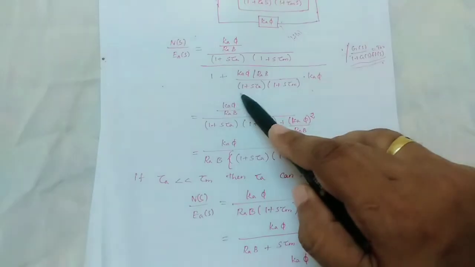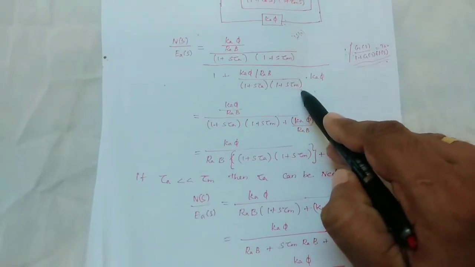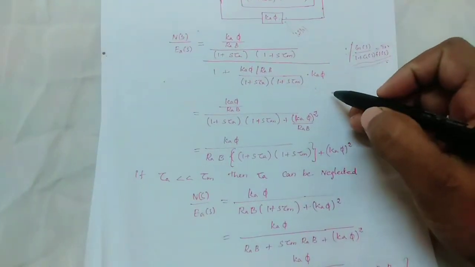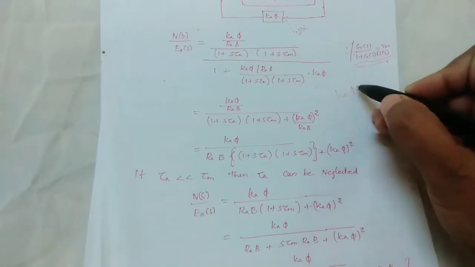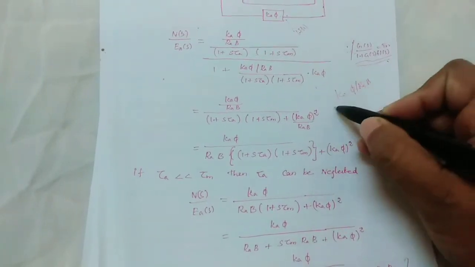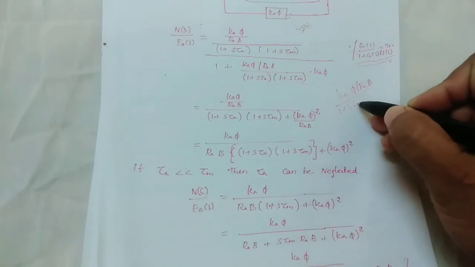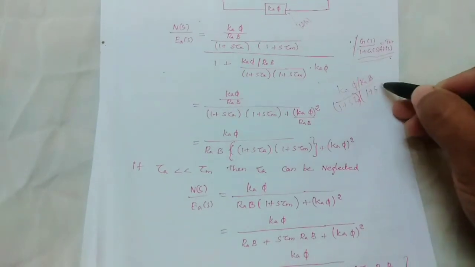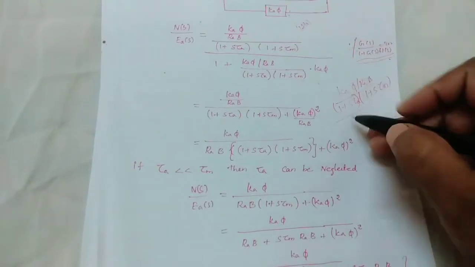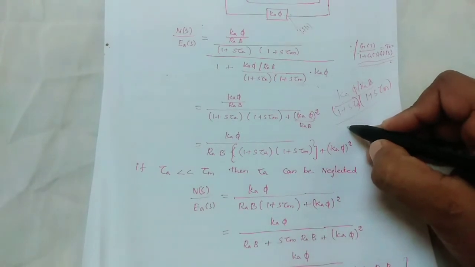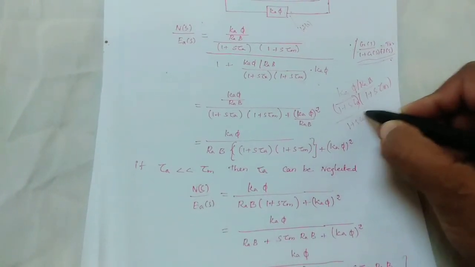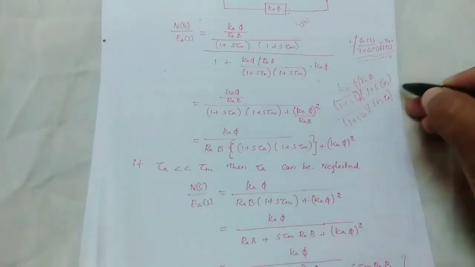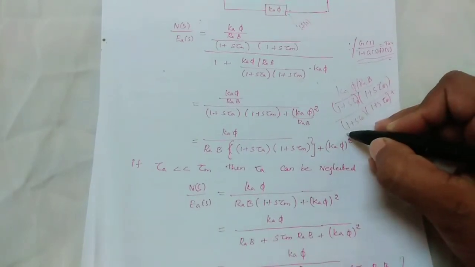Here the LCM is 1 plus s tau A into 1 plus s tau M. In the numerator we have K a phi divided by RA B, divided by 1 plus s tau A and 1 plus s tau M, the whole divided by the LCM, 1 plus s tau A, 1 plus s tau M, plus the whole term